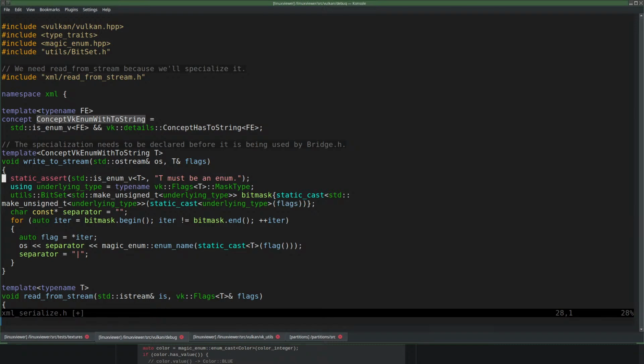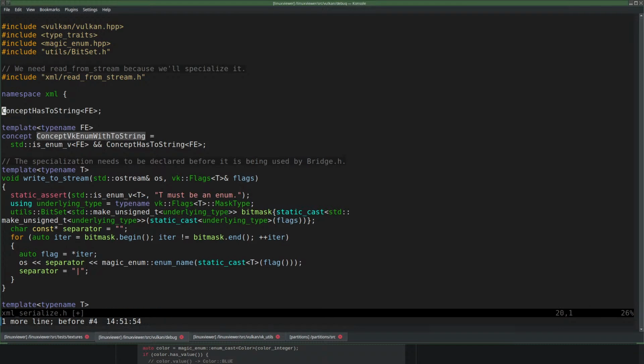It depends. Who is calling the write to stream? That was someone from Bridge. Yeah, no, I don't dare to go this route. Let's just do it per VK flags.